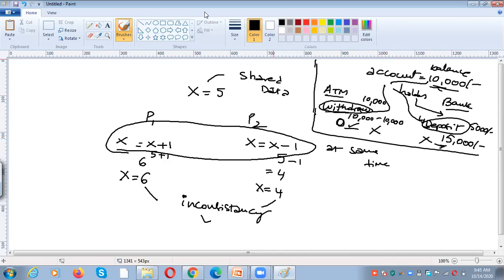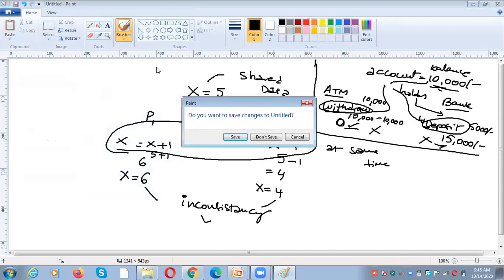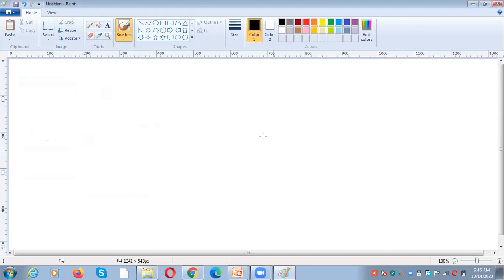In order to avoid such an inconsistency, there should be synchronization between the processes, so that there will be no inconsistency. What is inconsistency? If a variable x needs to be accessed by other processes, for example P1, P2, P3, all the processes are willing to access the value x.